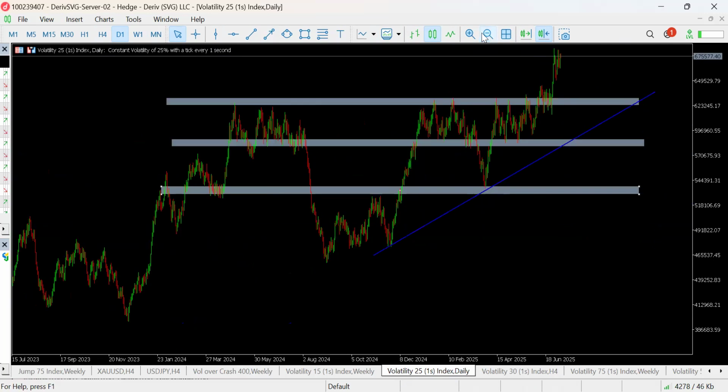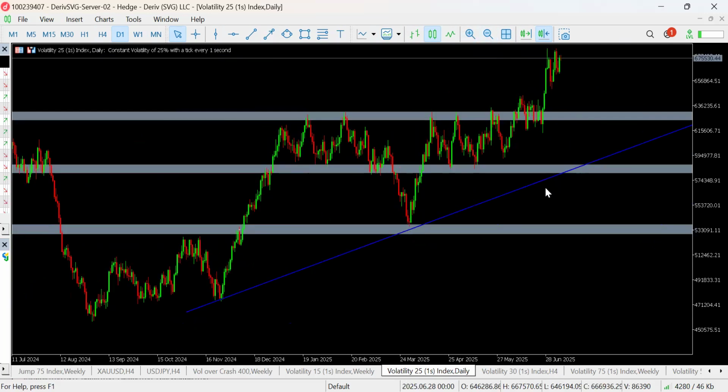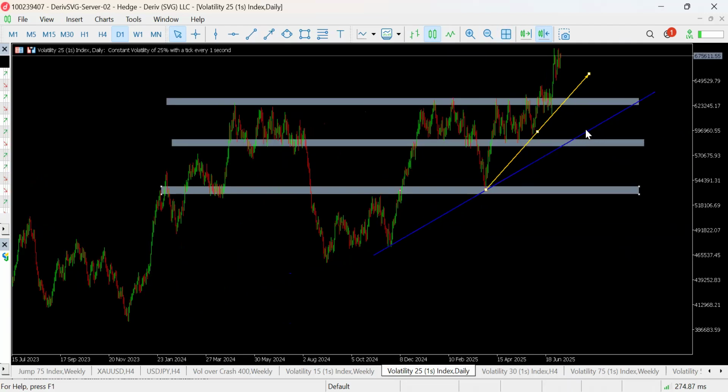I'll zoom in. I can see that there's an opportunity for me to add an internal trend line. I'm sure those of you that are not new to this channel know how important this is. Now, this is because price would likely get to this first and react to this trend line first before probably coming to make a third touch of this outer trend line. So if we are going to be dealing with recency, then this trend line becomes more important than the initial